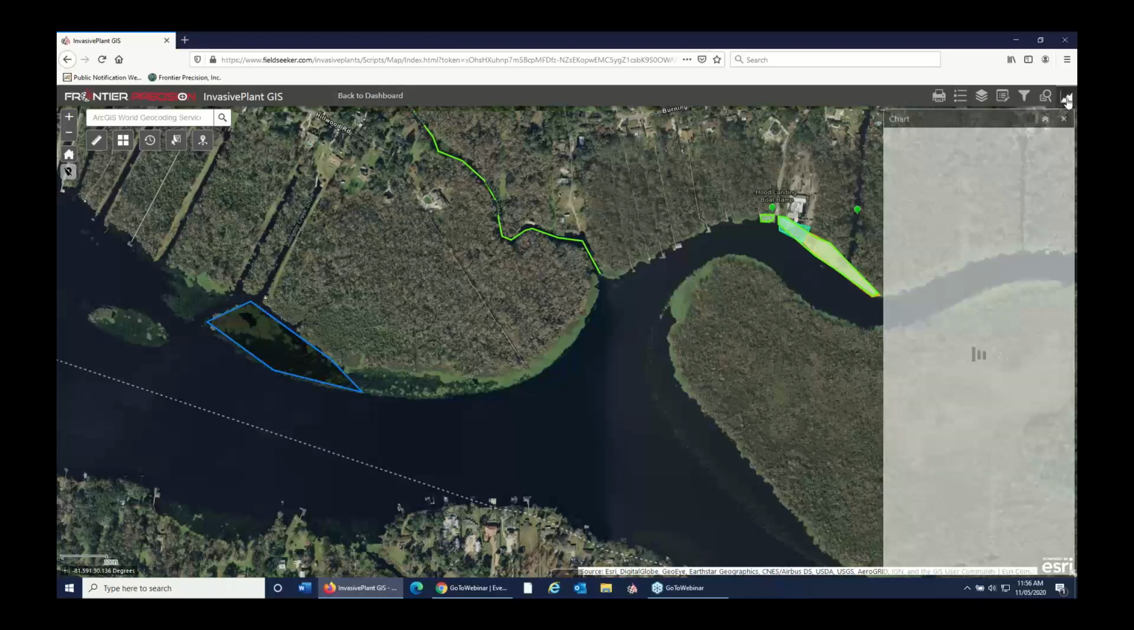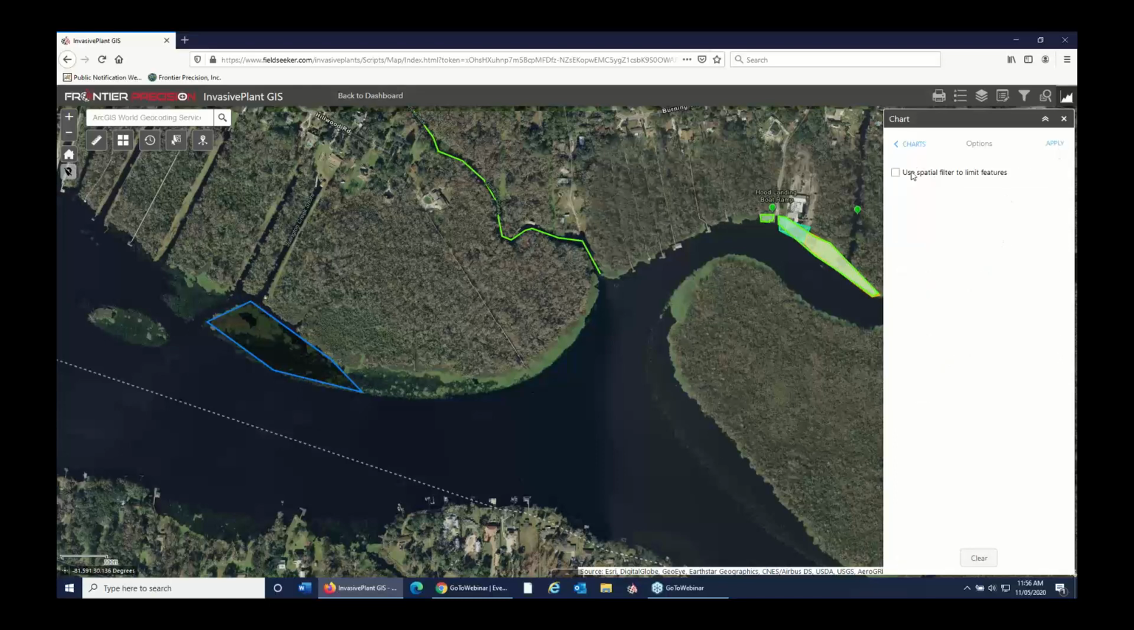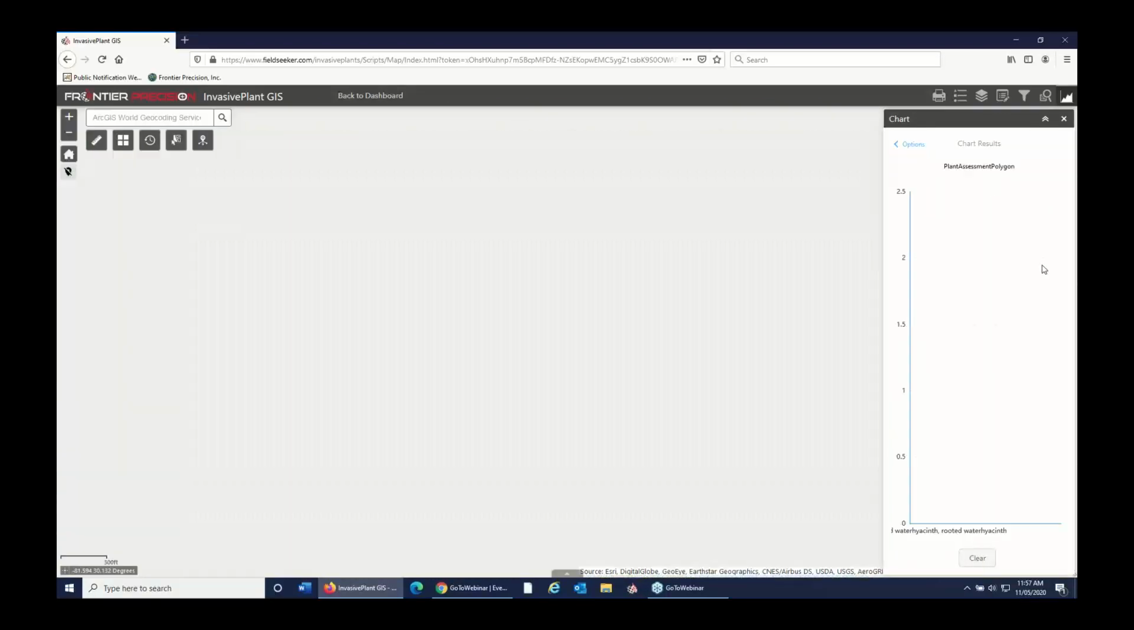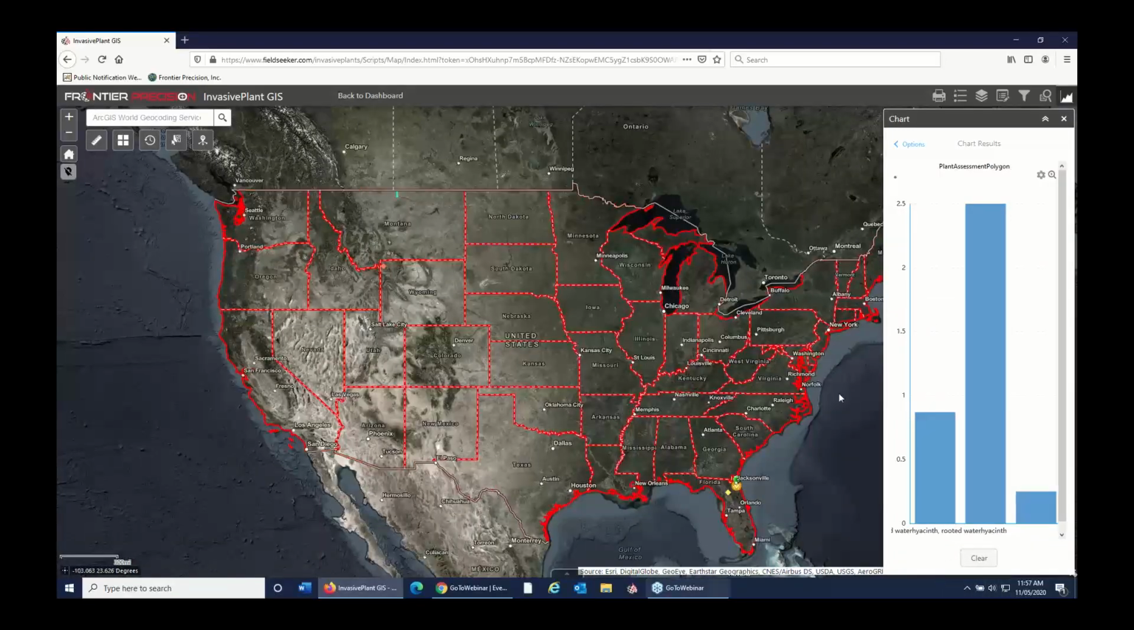Another one I'll show just briefly is this chart widget. If we go into plant assessment, polygon, so all of these charts, we can use a spatial filter and just show what's on the map, or just show what's in an area that we define. Or we can just do a chart for everything that's in the data. And so, for example, here's a plant assessment polygon. Our demo site covers the whole US, so we've got some data here and there in different places, but this one will show